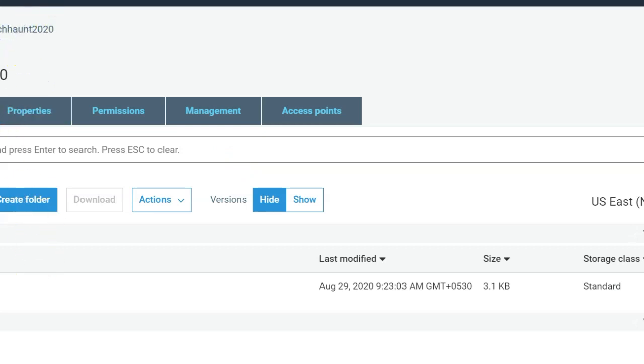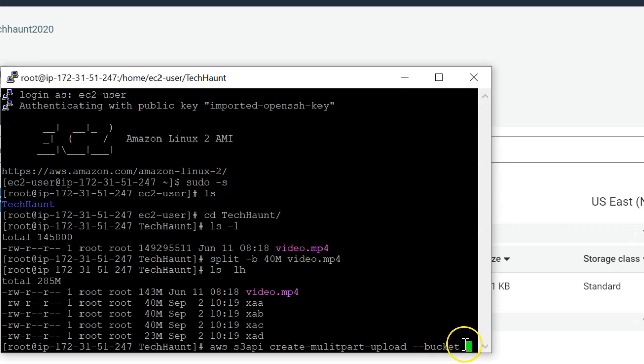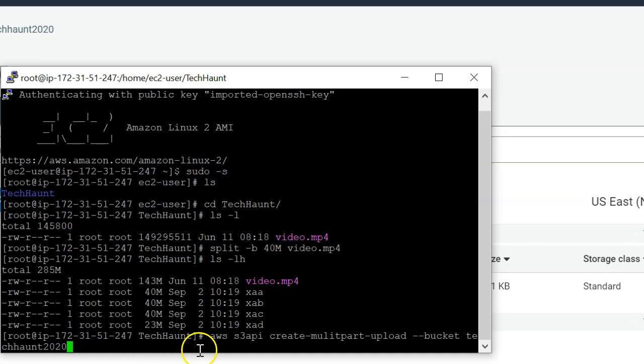After the bucket option, you need to enter the bucket name, tag hunt 2020, and then a double hyphen, also key. And what's the key? That is my mp4, that's for my mp4.